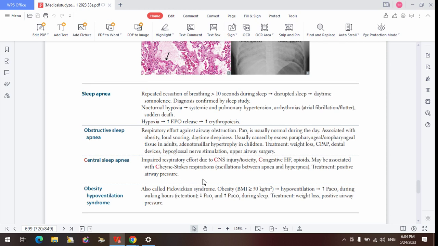So what is happening in Cheyne-Stokes depending on the cause? Let's start with people with heart failure. One thing that is central to all of them is that the hyperventilatory response is exaggerated. It is always exaggerated in them. So in heart failure, there's pulmonary edema and ventilation perfusion mismatch, the level of CO2 rises in the blood, oxygen reduces, and that stimulates the respiratory center. They want to hyperventilate to bring out that CO2. Now, when they hyperventilate, the CO2 drops.